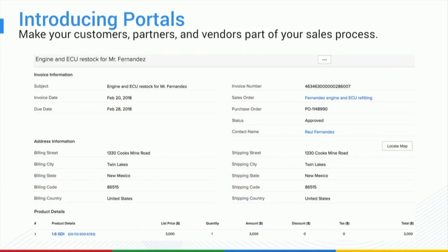So you can define any number of user types. You can have a user type that is a customer, a user type that is a partner, a user type that is a vendor, or if you're a school, a user type that is a teacher, that is a parent, that is a student, that is a principal, right? So you can have all of these different user types, and through our existing permissions management, you can assign different